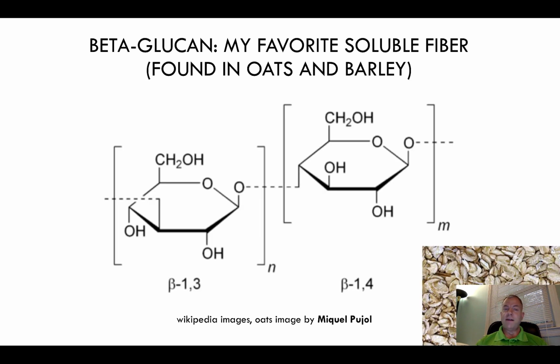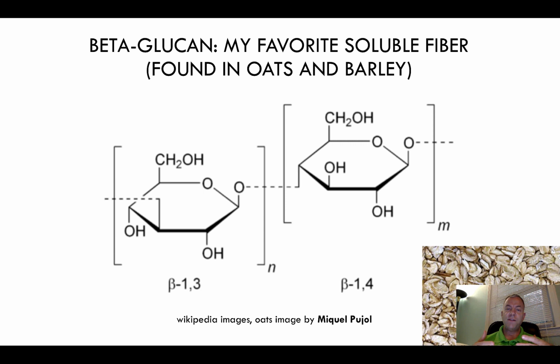Beta-glucan, at least the beta-glucan found in oats and barley, is by far my favorite soluble fiber. And I want to point out what makes this beta-glucan different, because if you look at the literature, you'll see that beta-glucans are produced by yeast. They're produced by other types of microbes, and technically you could make the argument that cellulose is a kind of beta-glucan,